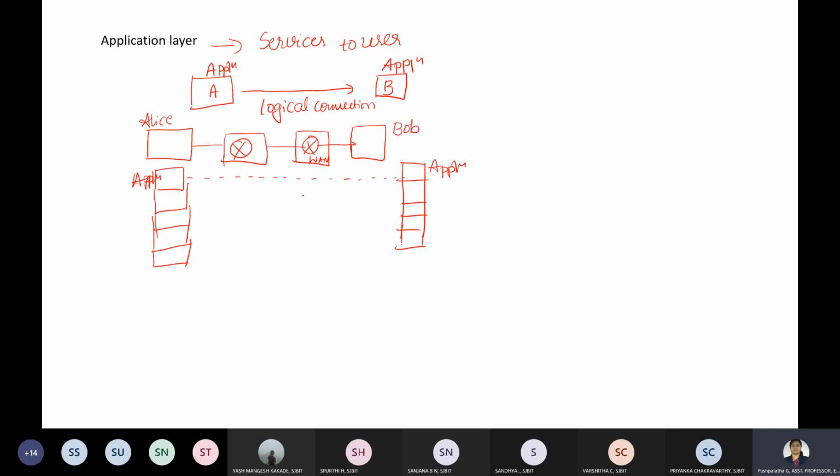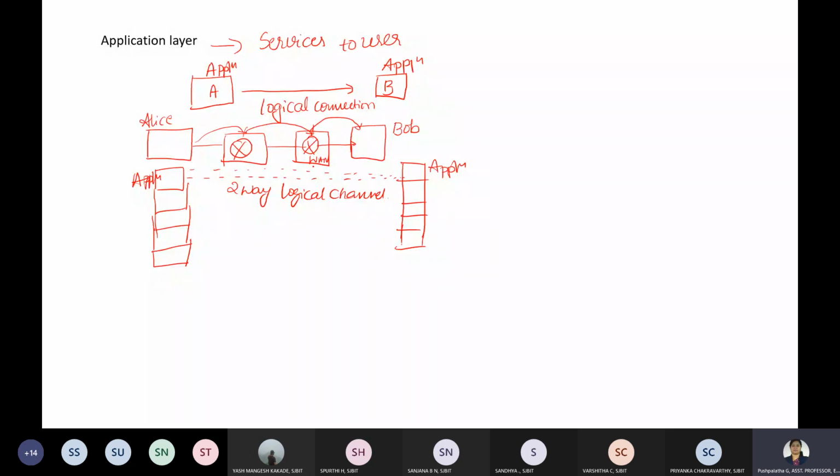Alice and Bob both assume that there is a logical channel, and it should be two-way, so they can send and receive messages. But the actual communication takes place through several devices. The information has to pass through multiple routers and finally reach the destination.